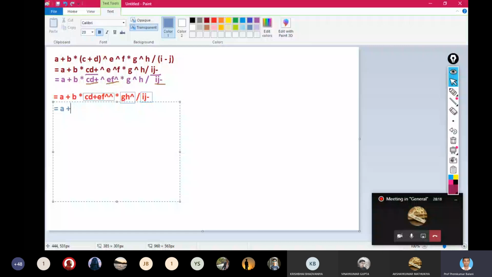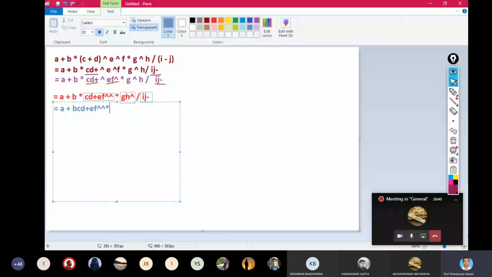A plus, now you consider this B and this operator. So B C D plus EF raised to and then a star, right? This expression, and